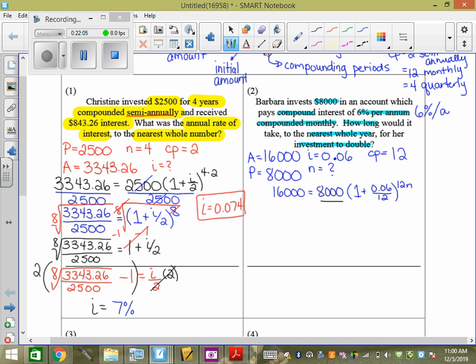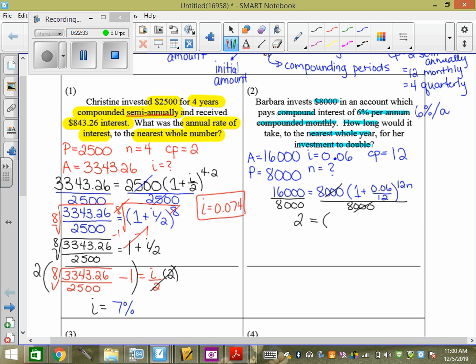So we're going to divide by 8,000. Because the 16,000 and the 8,000 divided give a nice number, don't keep 16,000 divided by 8,000. If they turn into 2 or a half or something nice, just use that number. So 16,000 divided by 8,000 is 2 equals, and then 0.06 divided by 12 plus 1,